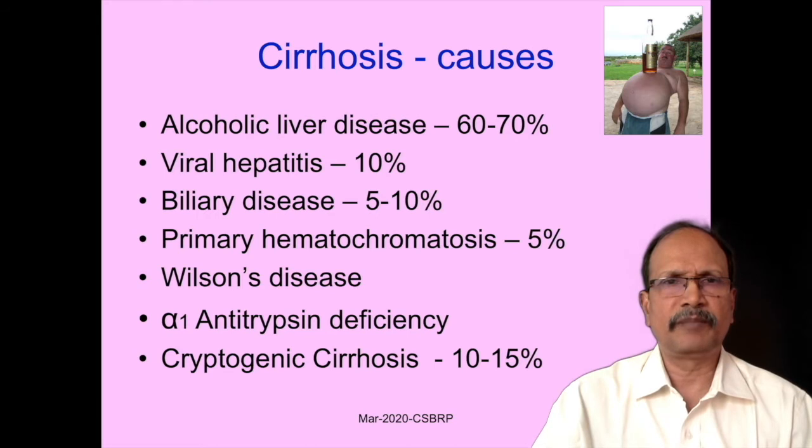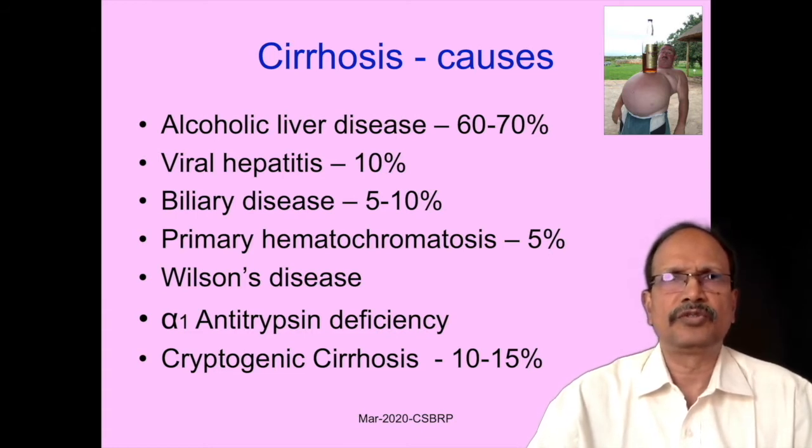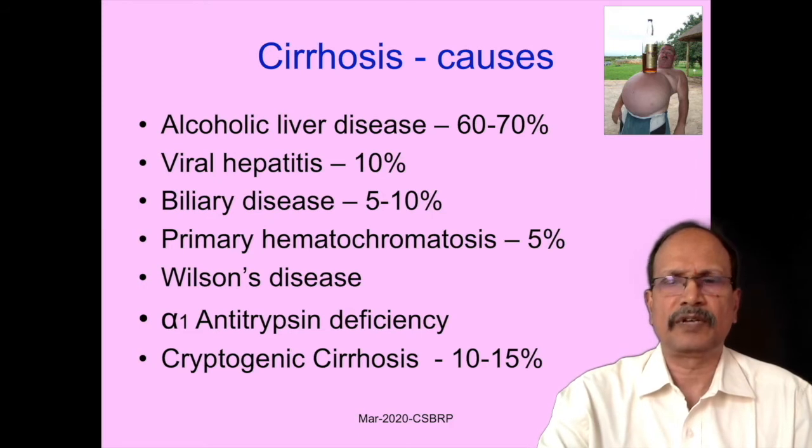And biliary diseases account for 5 to 10%. Others like primary hemochromatosis, Wilson's disease, and alpha-1 antitrypsin deficiency are very rare. And cryptogenic cirrhosis, where the etiology cannot be clearly made out, constitutes a considerable chunk of cirrhotic cases, that is 10